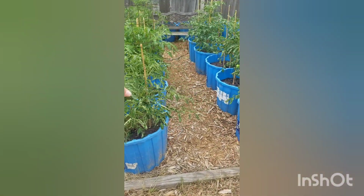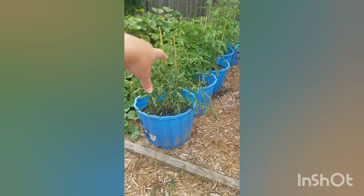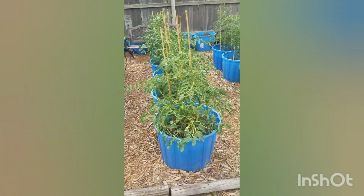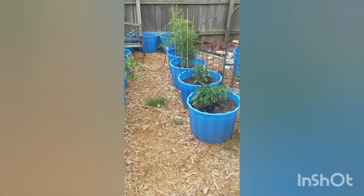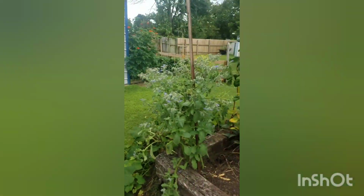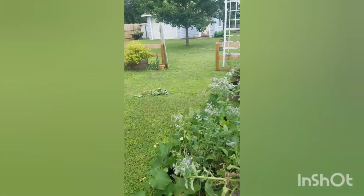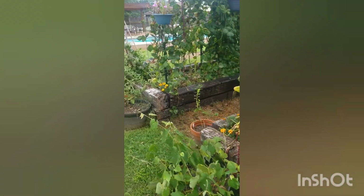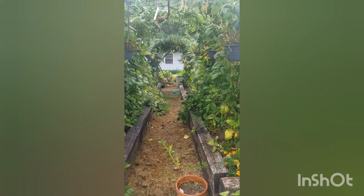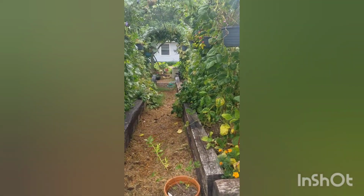These are extra plants that we had our potatoes in there, but we decided to go ahead and put extra tomato plants in there, and some bell peppers right here. This is our beans and